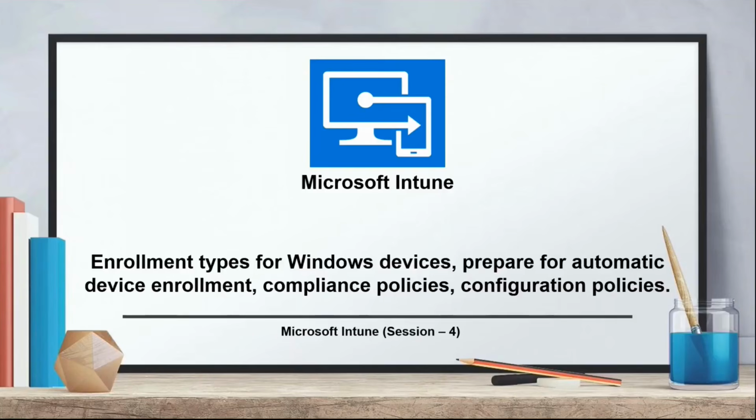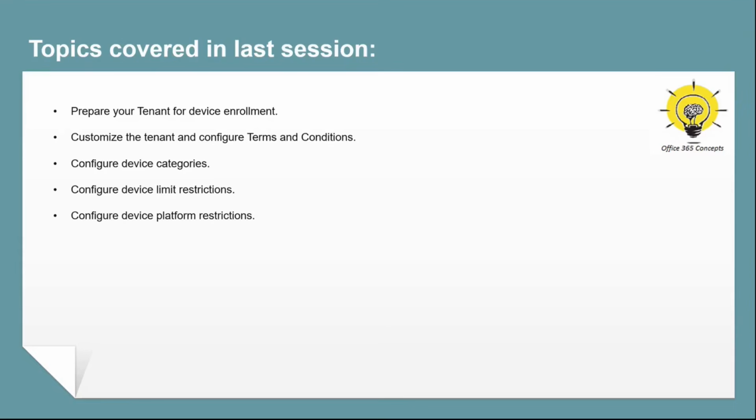This is the fourth video of this entire series that is dedicated to Microsoft Intune. In the last video, we discussed how to prepare your tenant for device enrollment. We customized Intune Company Portal. We configured terms and conditions. We configured device categories. And we learned how to restrict enrollment on the basis of number of devices and device